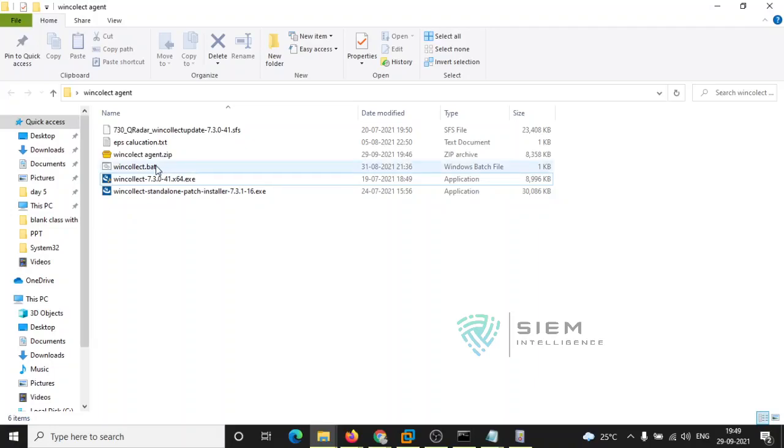You can post this particular MSI file over SCCM, or WSUS, to your systems in your network, and it will go to each and every endpoint and automatically install in the systems. So that is possible. Again, you need to tune.